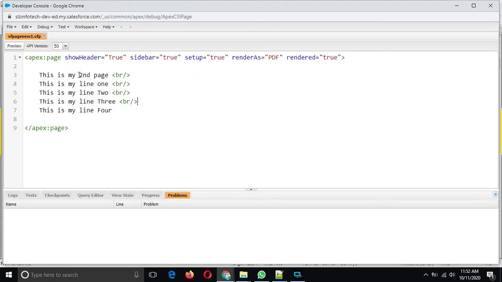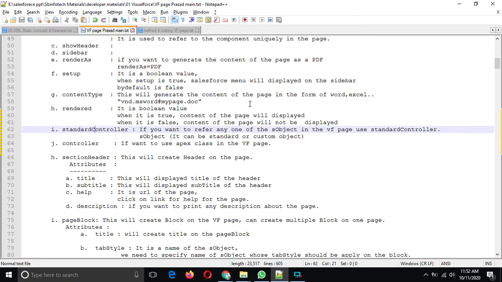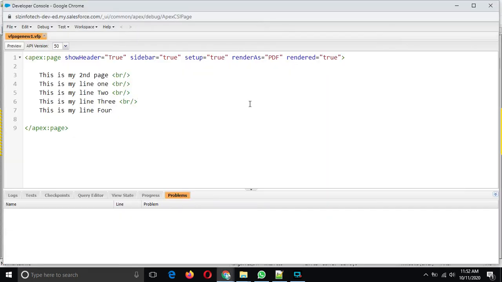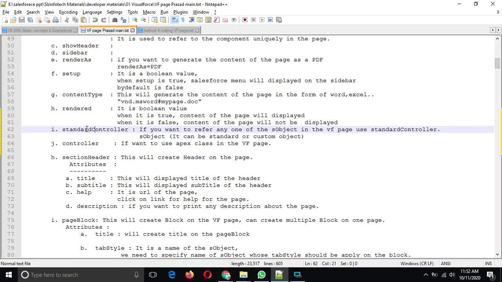Now, what is a standard controller? What do you mean by a standard controller? If we want any sObject, meaning Salesforce object, a standard object or a custom object, if you want to access the records and embedded standard features in the Visualforce page, in that case we use the standard controller.